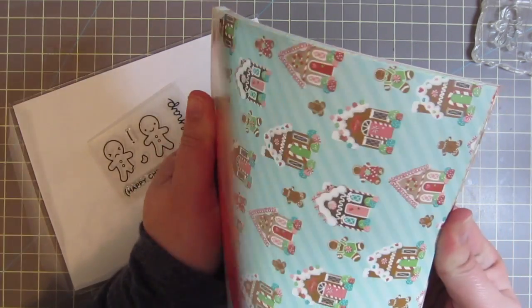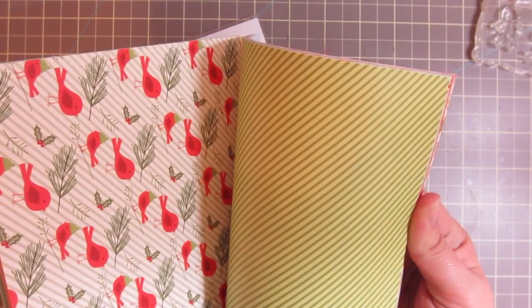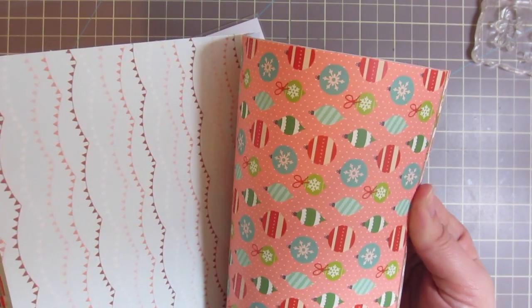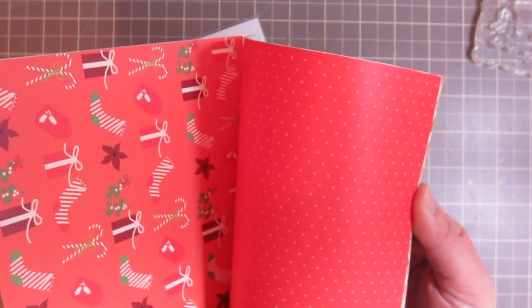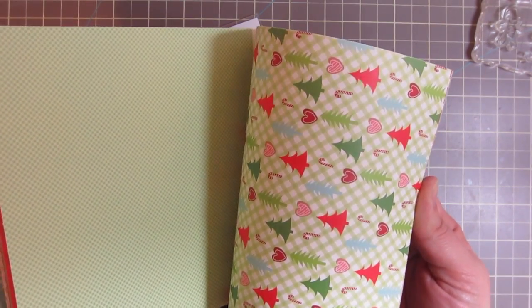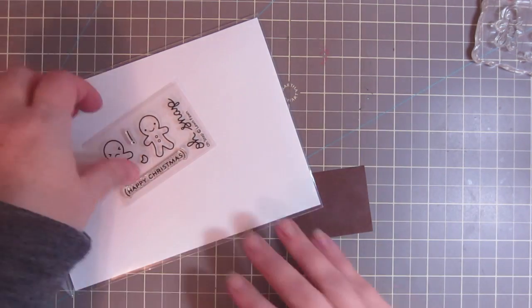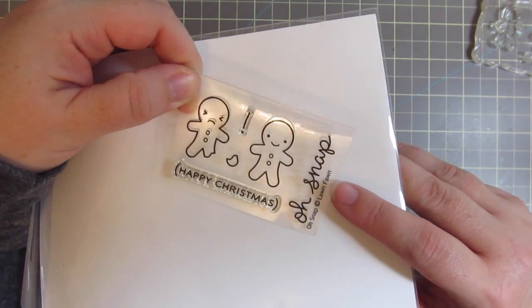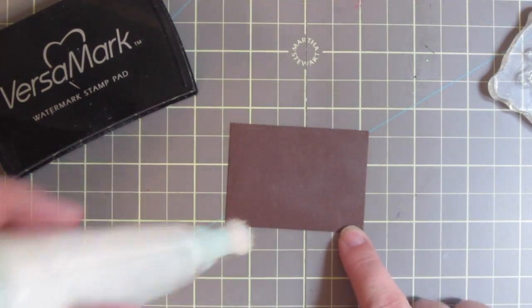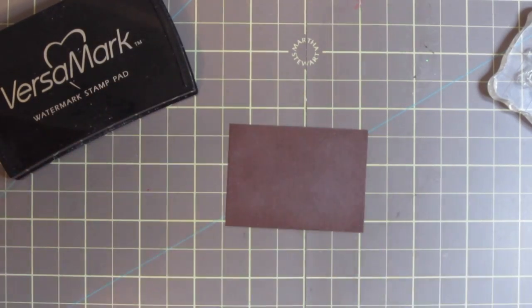Today I'm going to be using this paper pad here by Crafty called Gingerbread, and I'm just going to go ahead and flip through it real quick for you to get an idea of what it looks like. I found this at Michael's, and I thought it would be perfect for this little stamp set from Lawn Fawn called Oh Snap, or also for the other gingerbread set, Sweet Christmas. So I'm going to be using those today,